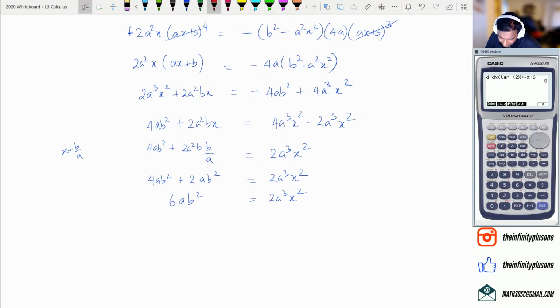Yeah, we find a and b, and unless I've messed it up completely somewhere, it is possible, because all I'm getting is x squared is equal to 6ab squared over 2a cubed, which is 3b squared over a squared equals x squared. But I do know x is equal to b over a, but that doesn't really give me anything. It means I've made a mistake somewhere. So, yeah, whoever sent me this question, unless